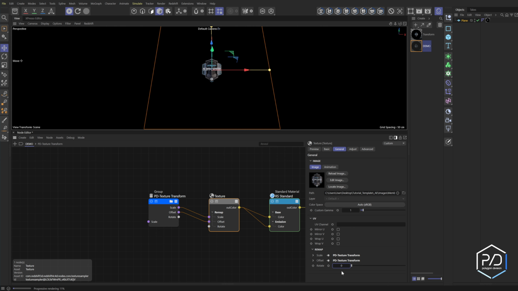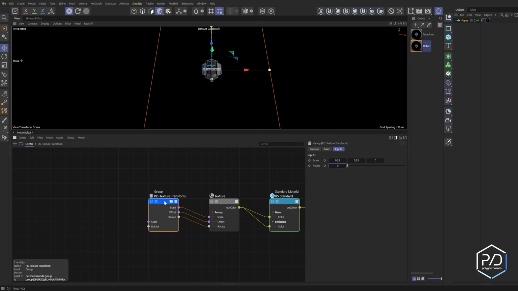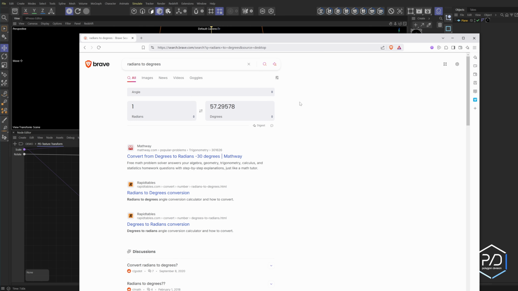It's being converted inside here for us. This is actually using radians, so let's go ahead and preemptively fix that. What you want to do is go to Google and search radians to degrees, and you'll see that 1 radian is this value. So I'm going to select these numbers up to the 4th digit, copy it,